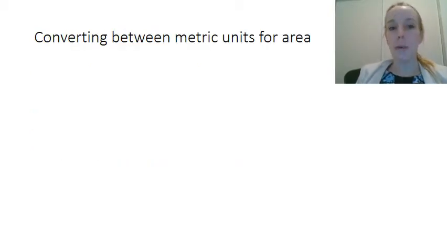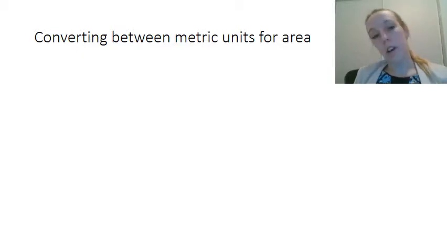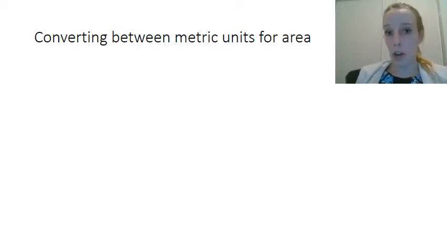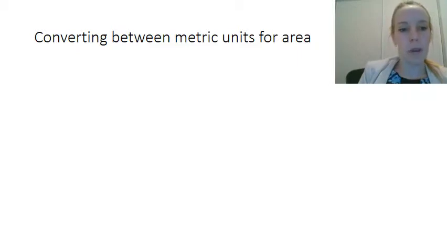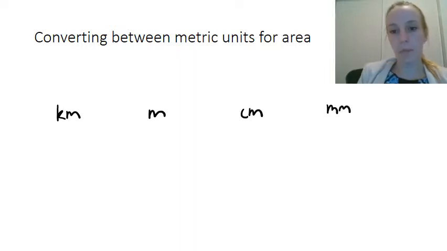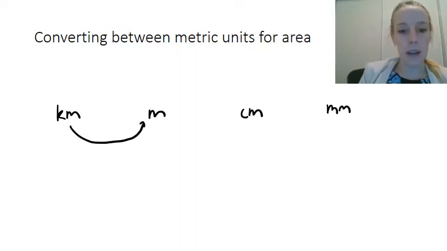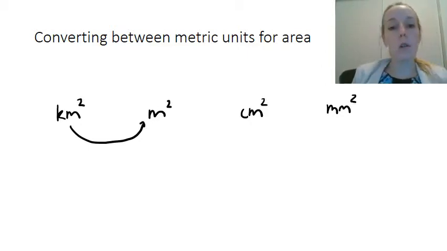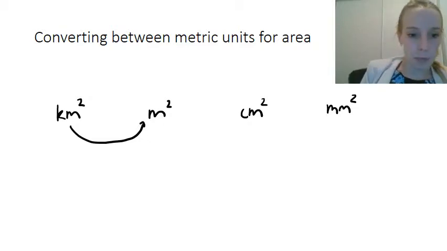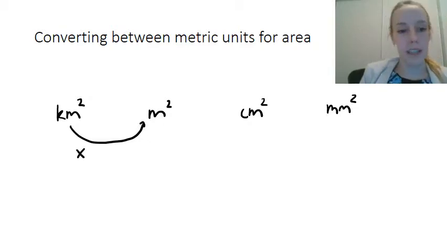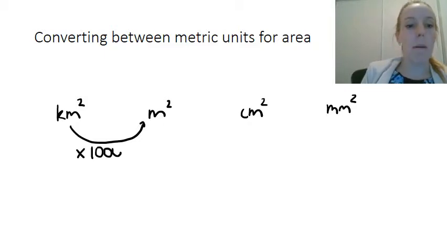Okay, so the first thing we're going to do is converting between metric units for area. So we have done converting between metric units, but for area it's slightly different. So we're going to stick to the same basic one. So we'll do kilometers, meters, centimeters, and millimeters. So if we're going from kilometers to meters, because it's area, it's going to be squared. So if we're going from kilometers squared to meters squared, what we'd normally do to go from kilometers to meters is times by 1,000, but because it's squared, it's timesing by 1,000 squared, which means 1,000 times 1,000,